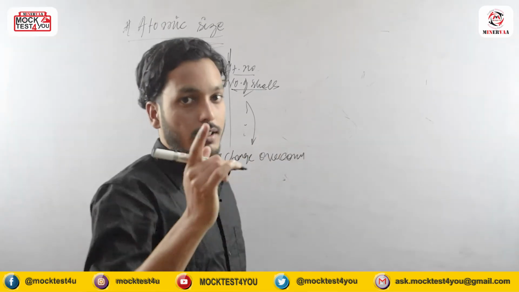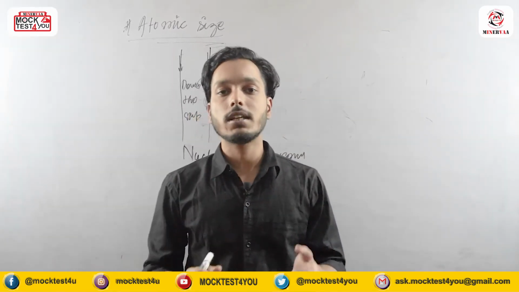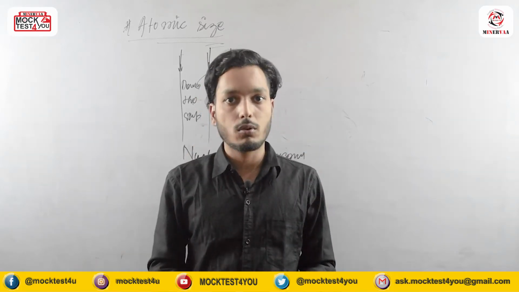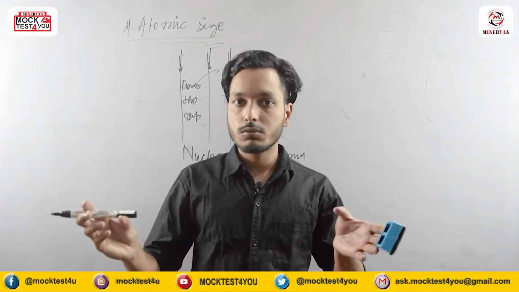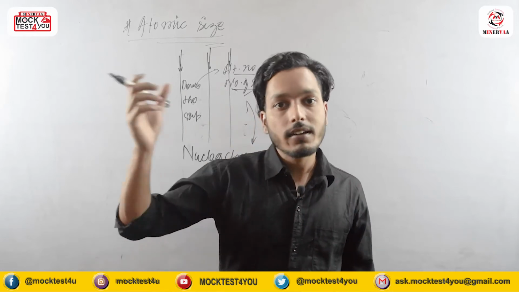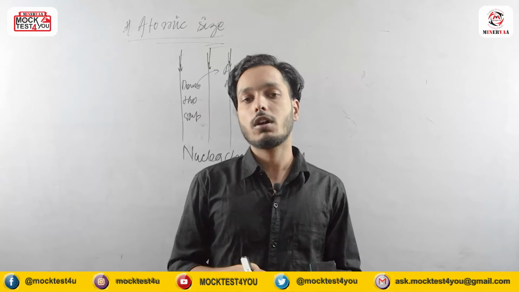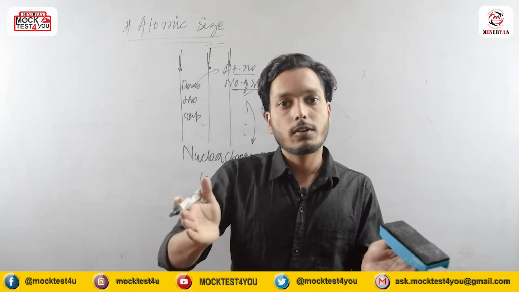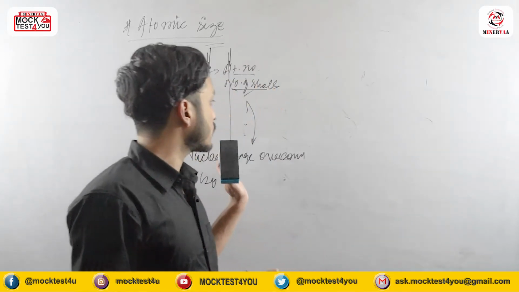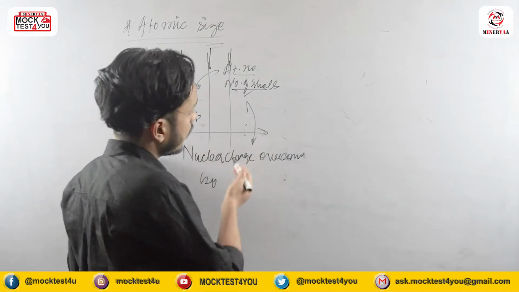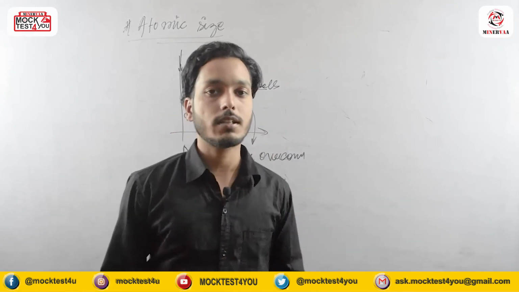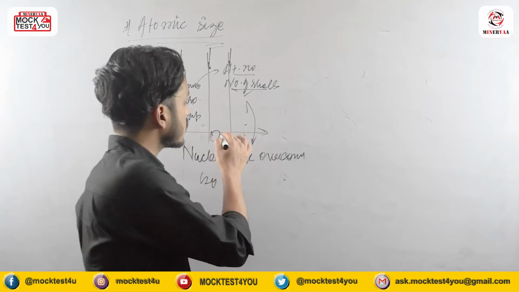Simply what we can say, if you are moving down the group, whatever nuclear charge is increasing will not affect the number of shells. Means the number of shells will overcome that nuclear charge. That is why the atomic size is increasing. But when we are moving from left to right across the period, you will see that the number of shells remains the same,